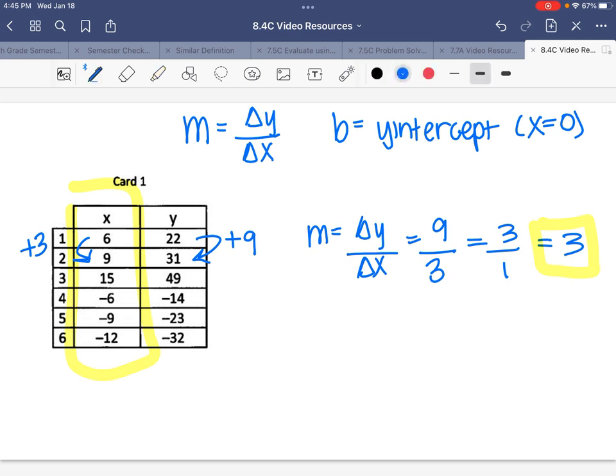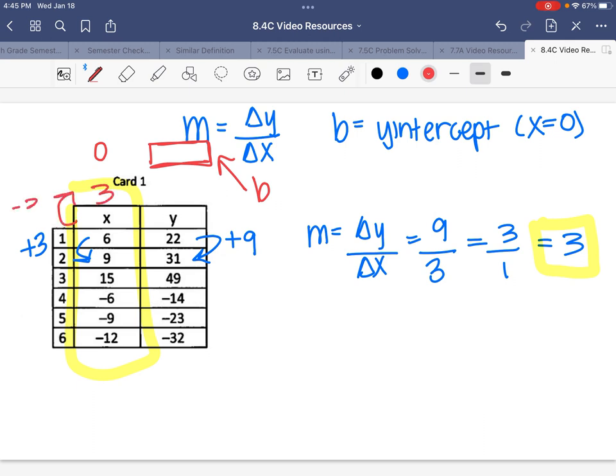So I see that I have when x is 6, 9, 15, -6, -9, and -12. But I need to know when x is equal to 0. Because if I can find what y is when x is equal to 0, then that gives me my y-intercept, or my b. So what we can do is work backwards. So if moving down, they were adding 3 to x, and then they had to add 9 to y, I can work backwards,